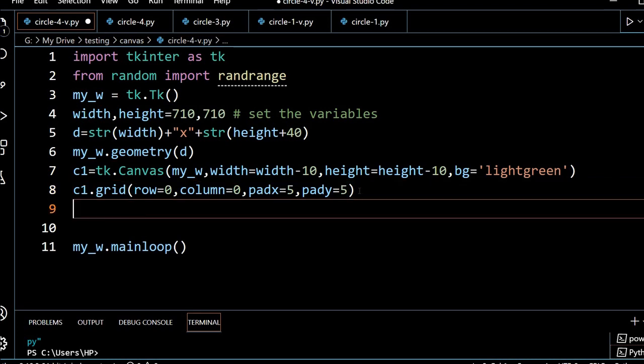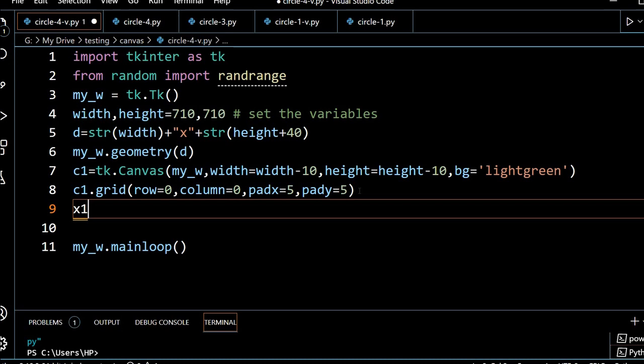Let's declare the variables. These are mostly the coordinates. Because we'll start with a rectangle, we want 2 coordinates. As in part 1 of this video we have seen, x1, y1, x2, y2. Within that our oval will come, and our rectangle. So x1, y1, now x2, y2. These 4 variables we will be using, so we are declaring them.